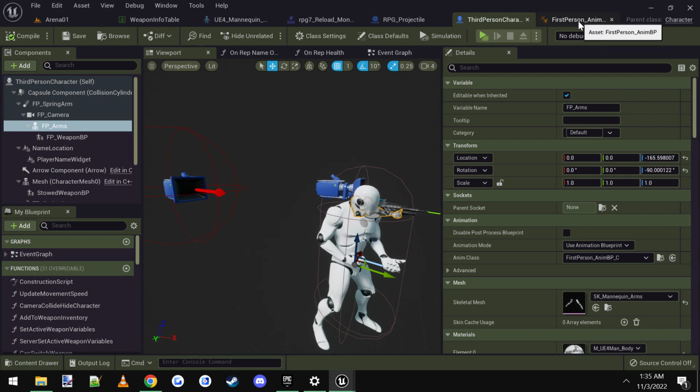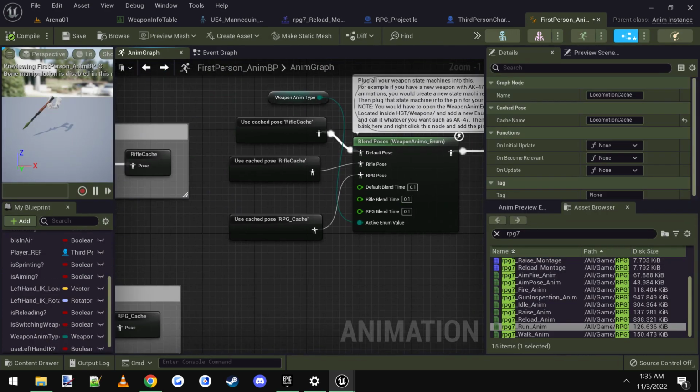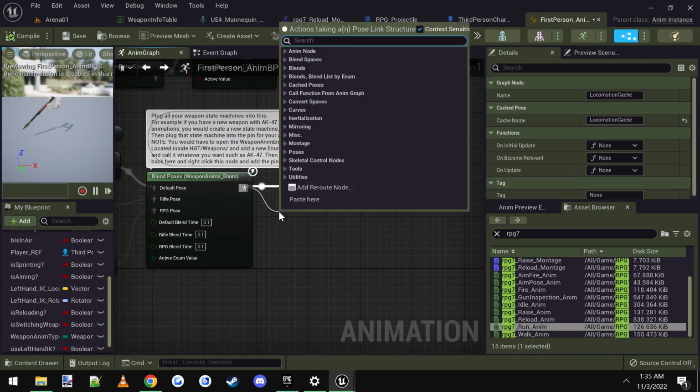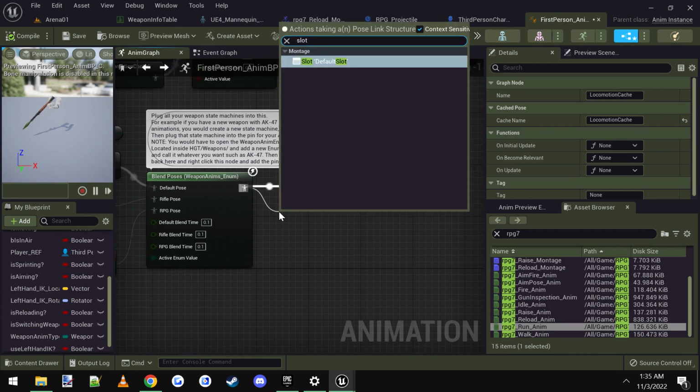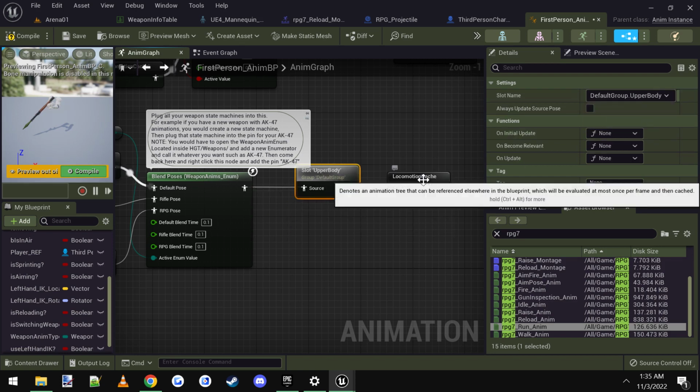Third person character, first person arms. So right here, where we were just working, I'm going to just type slot, and then I'm going to click this and change it from default to upper body. And I think this was for,